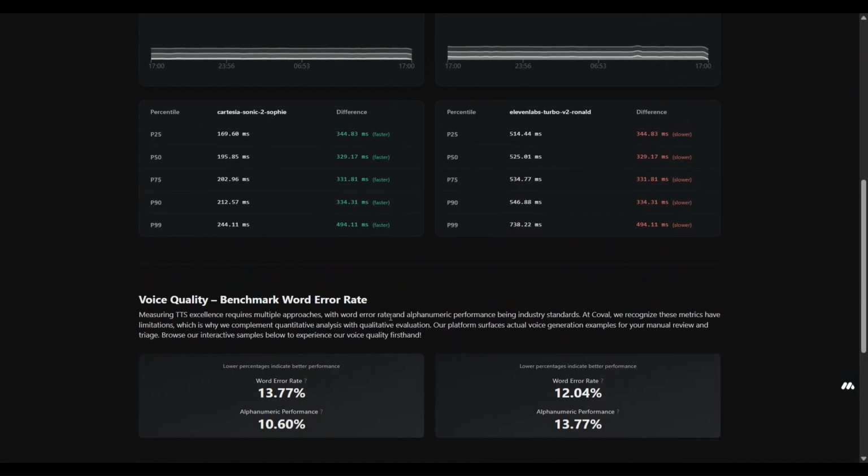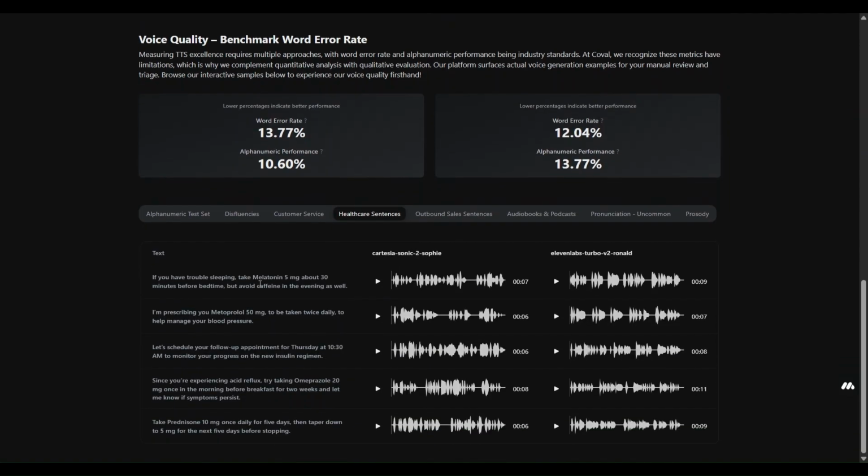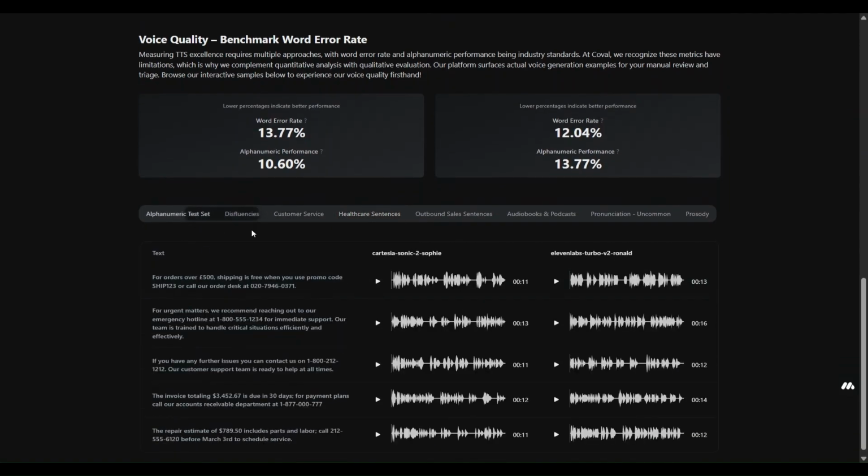Use promo code SHI P123 or call our order desk at 020-7946-0371. For orders over 500, shipping is free when you use promo code SHIPPING3 or call our order desk at